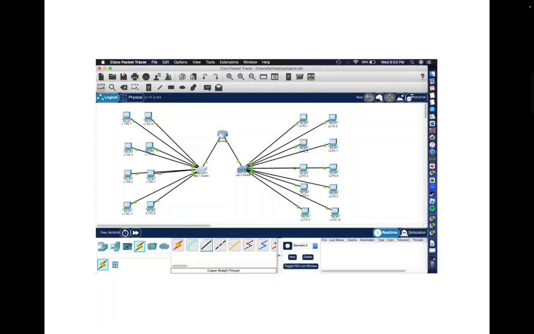Lab 1 is using the IP range from 192.168.1.10 to 192.168.1.17. Lab 1 uses a subnet mask of 255.255.255.0. Lab 1 is also using the default gateway